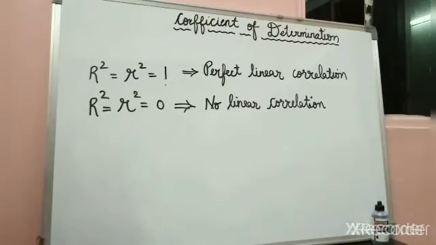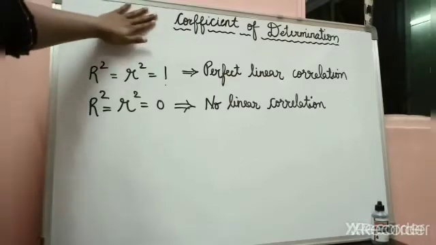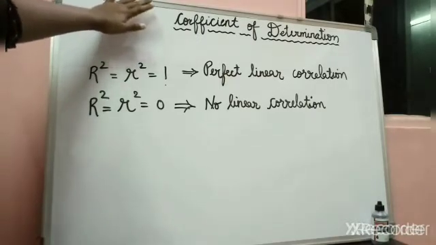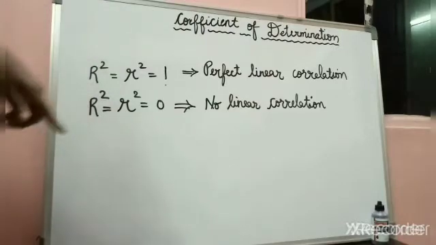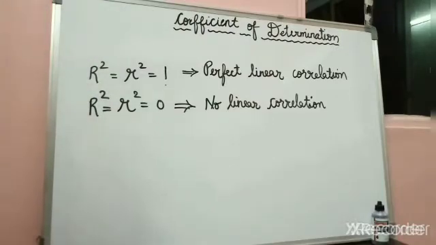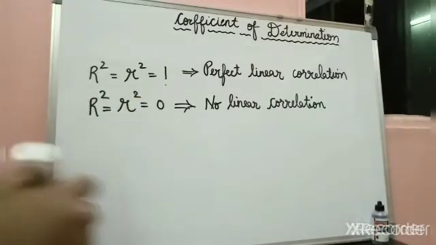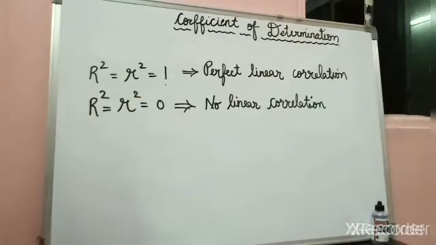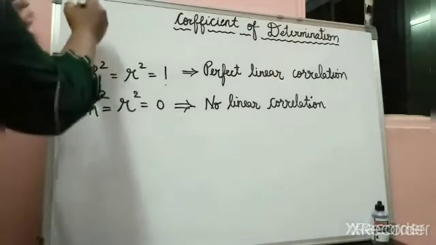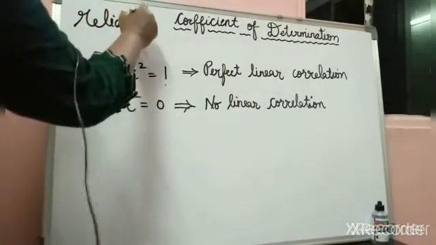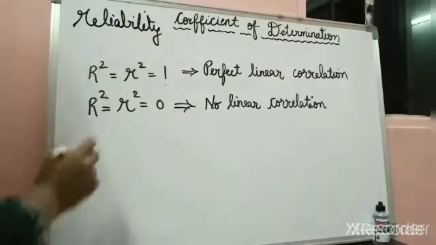Let's come to page number 138, that is coefficient of determination. So we are starting with this topic. Now we all know that regression is a functional relation between two correlated variables, and it is useful to estimate the value of the dependent variable for some given value of independent variable, that is your x variable. Now the coefficient of determination is a measure to find the reliability of such an estimate. So what we are finding in this, we are finding the reliability of the estimates. Clear?